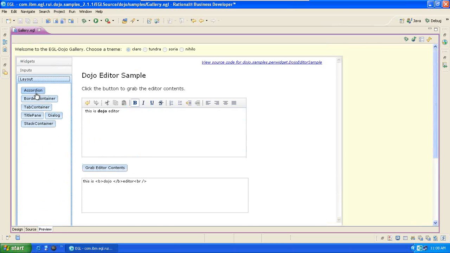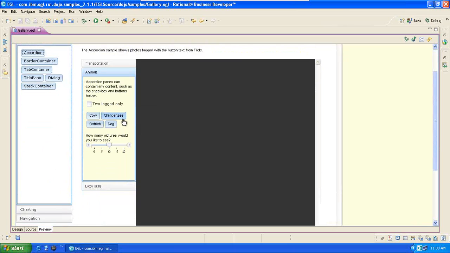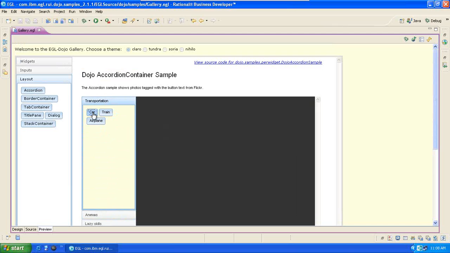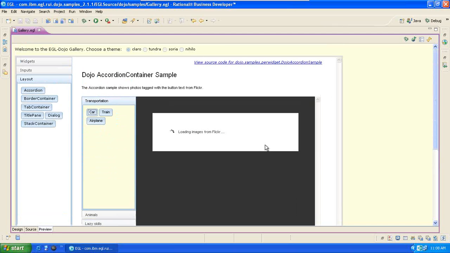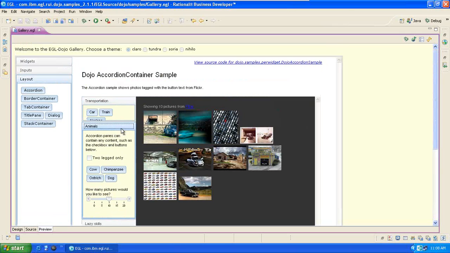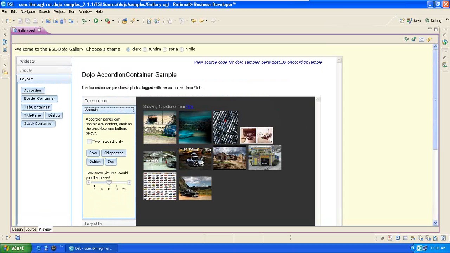Now we have layout widgets. Let me show you layout widgets, and then we will be reading about the layout widgets in the next class. You see, now here on the fly it's going to load filter images. It's using a RESTful web service. Now it's fetching images from the Flickr site, and if you see here we are seeing the accordion container. It can contain a number of